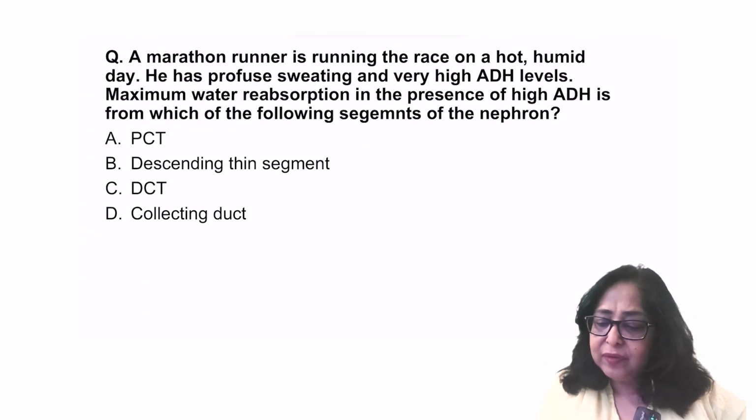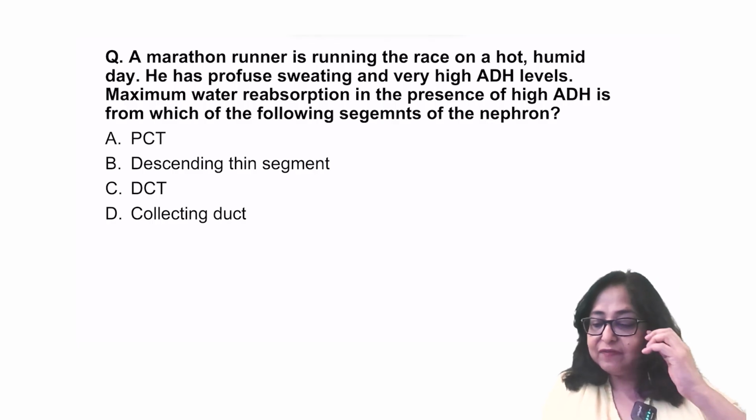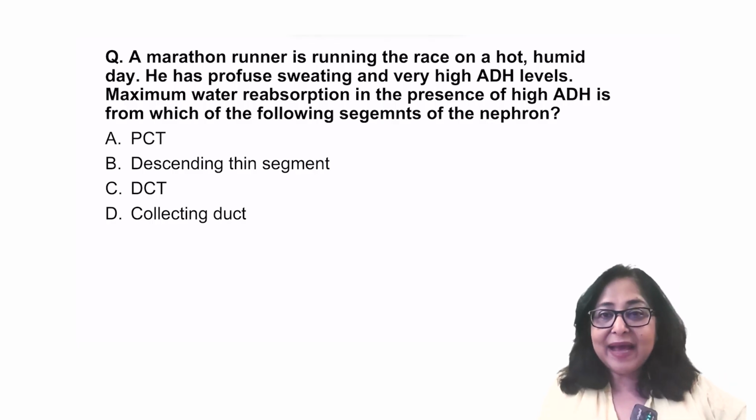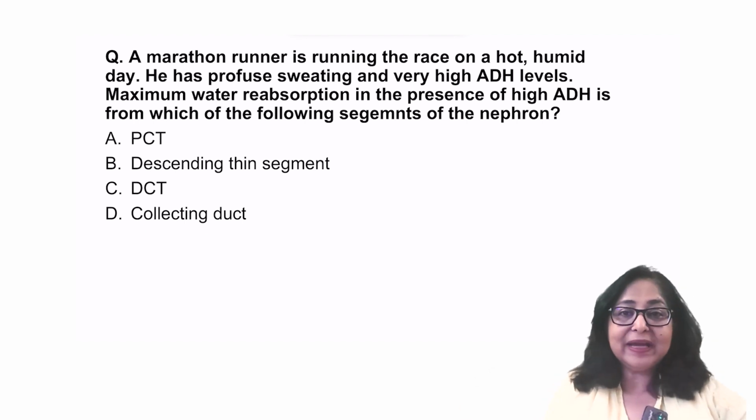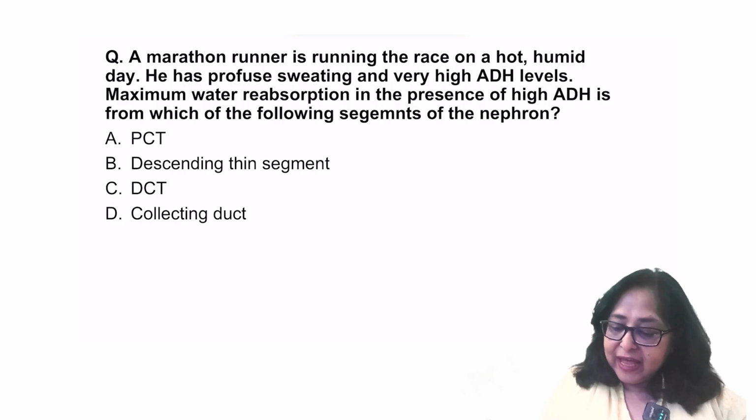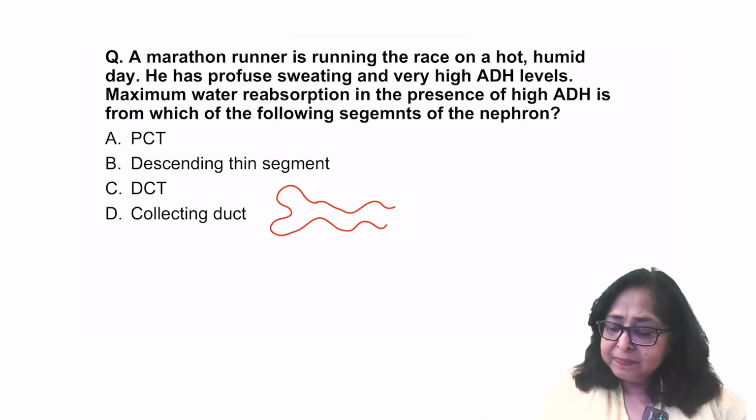A marathon runner is running the race on a hot, humid day. He has profuse sweating, very high ADH levels. Maximum water reabsorption in the presence of high ADH is from which of the following? Now, when I look at the water reabsorption in different segments of the nephron, remember the GFR